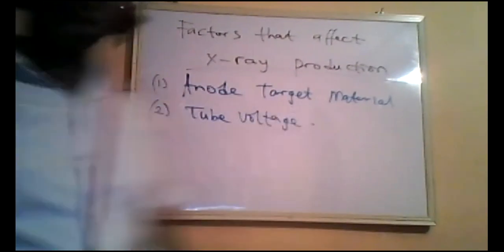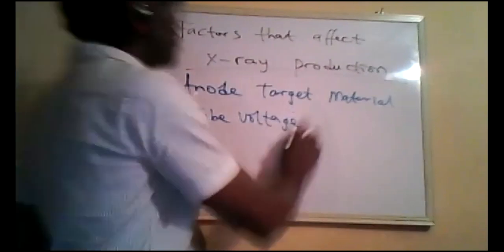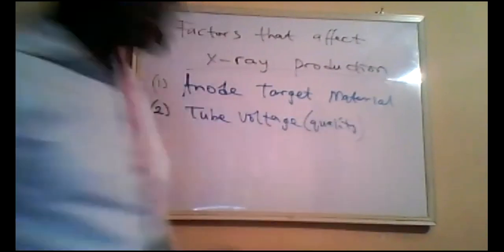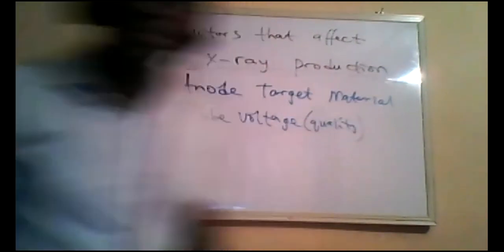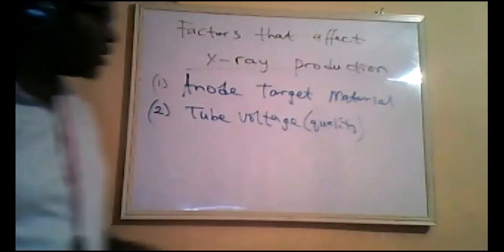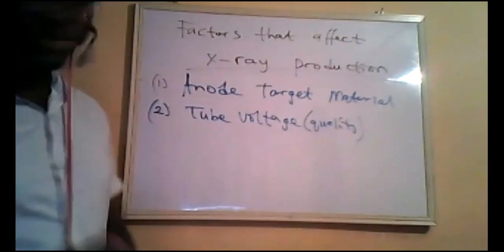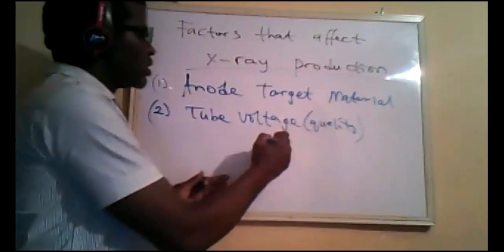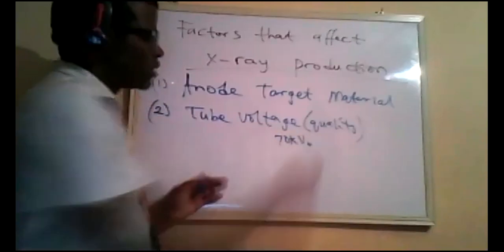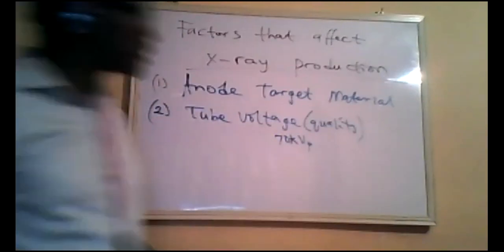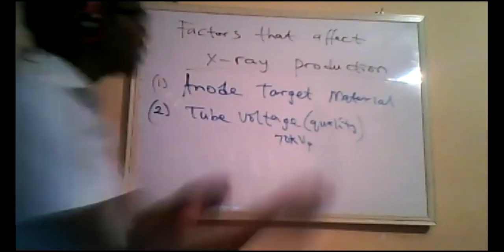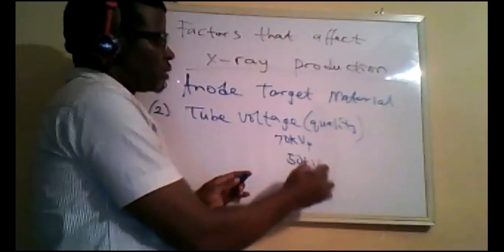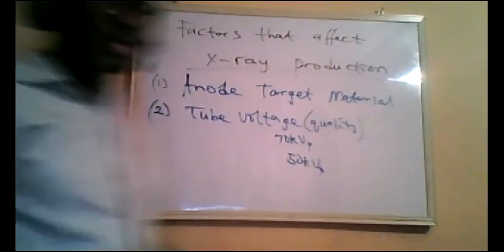The tube voltage also has to do with the quality, in terms of energy. Quality is that which tells us the energy of a particular X-ray. If you have 70 kVp, a peak voltage of 70 kilovolts, the production of the X-ray will be different from what you have for 50 kV as the peak, because